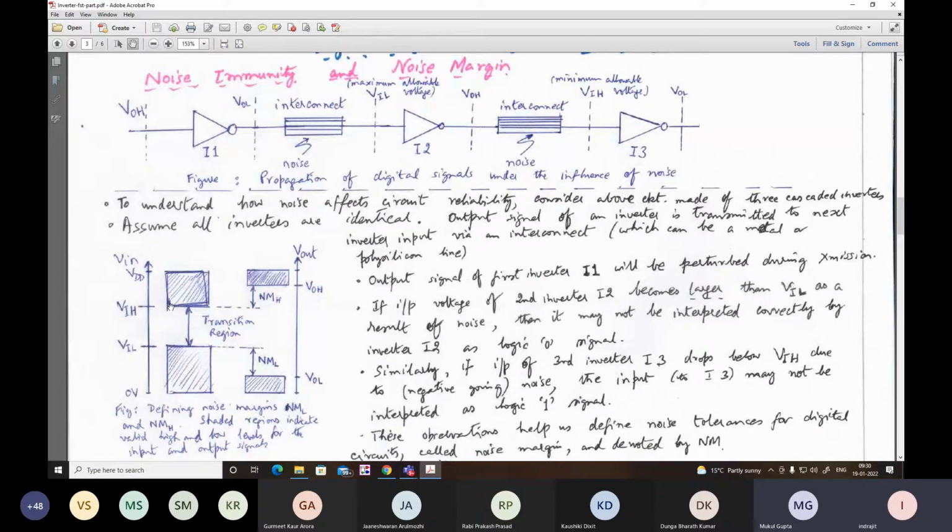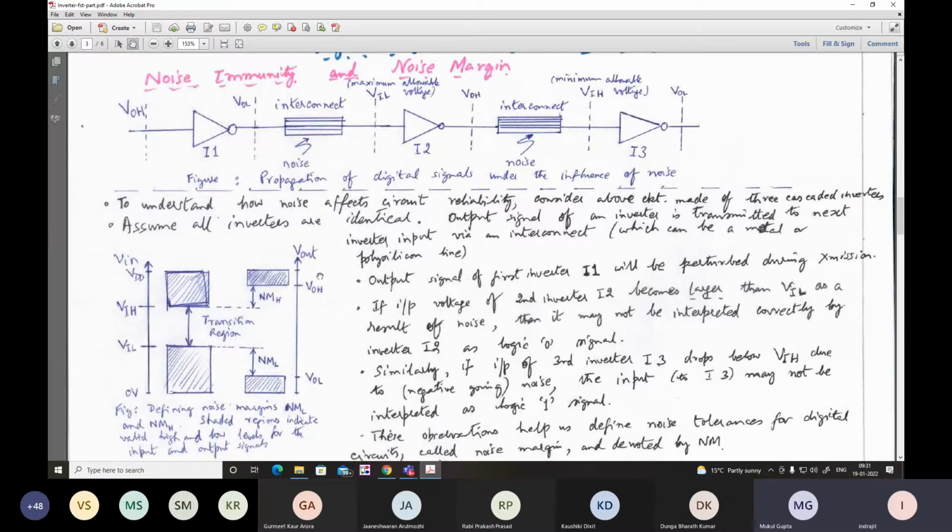That means for the logic 1 level signal, VIH is the typical lower limit at the input end, whereas VIL is the typical higher limit for the logic 0 range for the input of the inverter. Normally, the definition we saw is that at VIH and VIL, the slope dVout/dVin equals -1. Now, why is VIH kept at the boundary? This is user given.